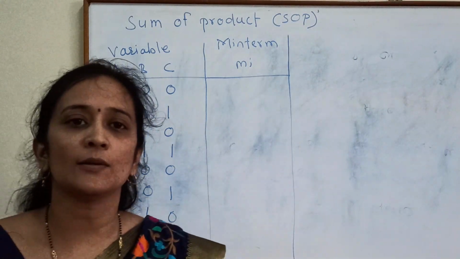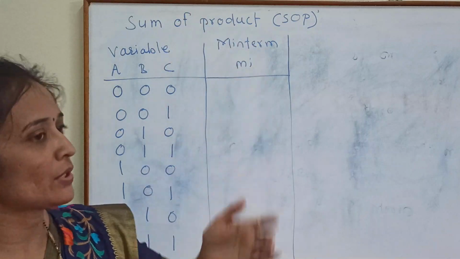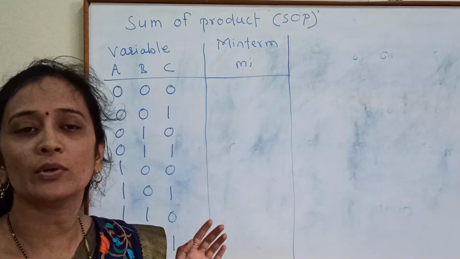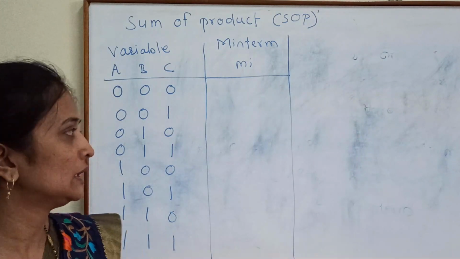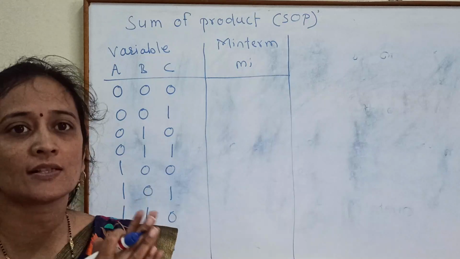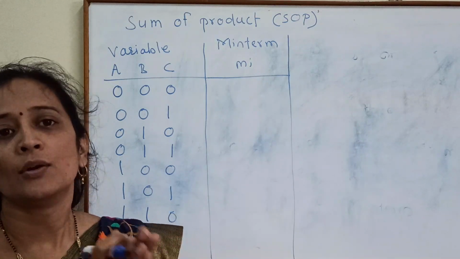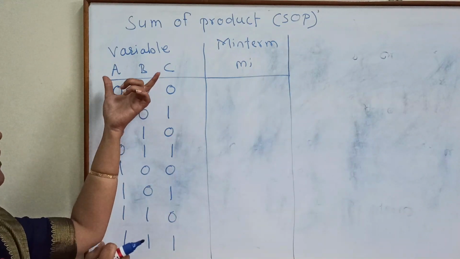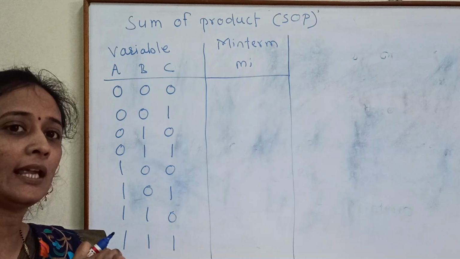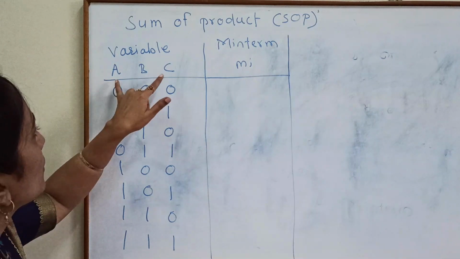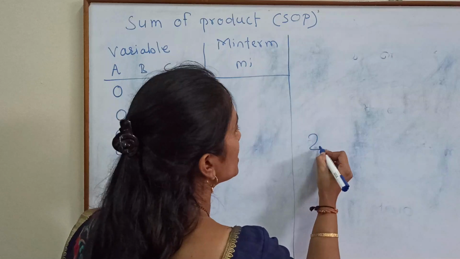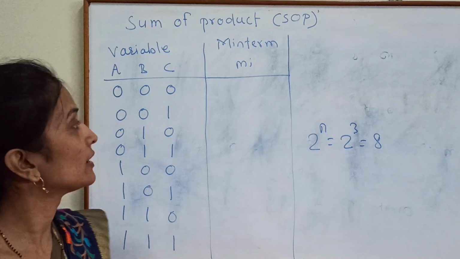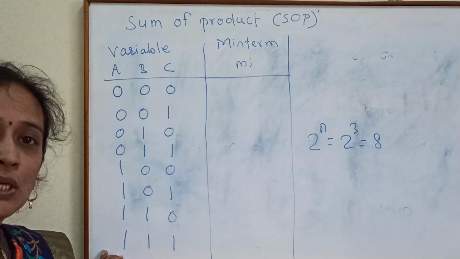Now our next concept is sum of product and how to form the table of sum of product. This table is very useful in solving problems. Some problems are there depending on this concept. For those problems, this table is important. For the time being, I have taken the table for 3 variables. You can take any number of variables. If the number of inputs is 3, how many possible combinations will be there? 2 raised to n. Therefore, 8 combinations will be there. We have written here 8 possible combinations.